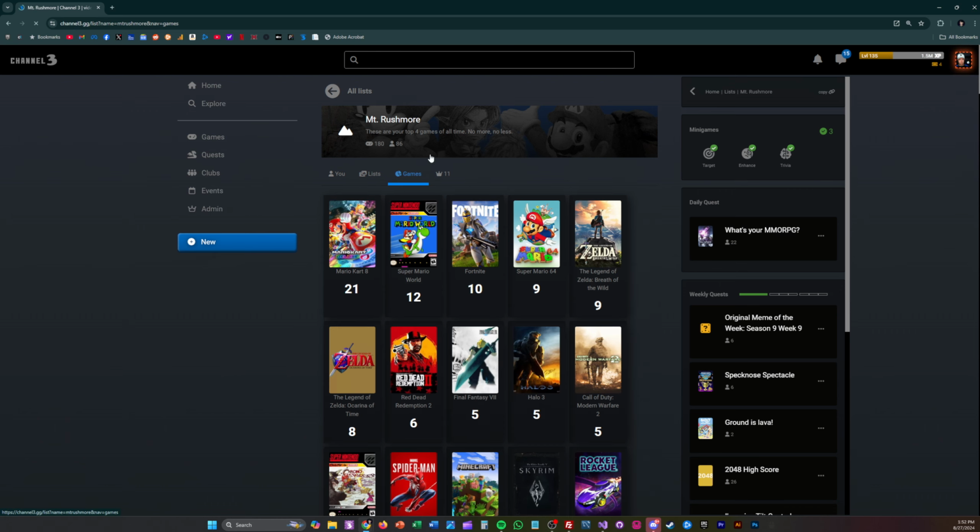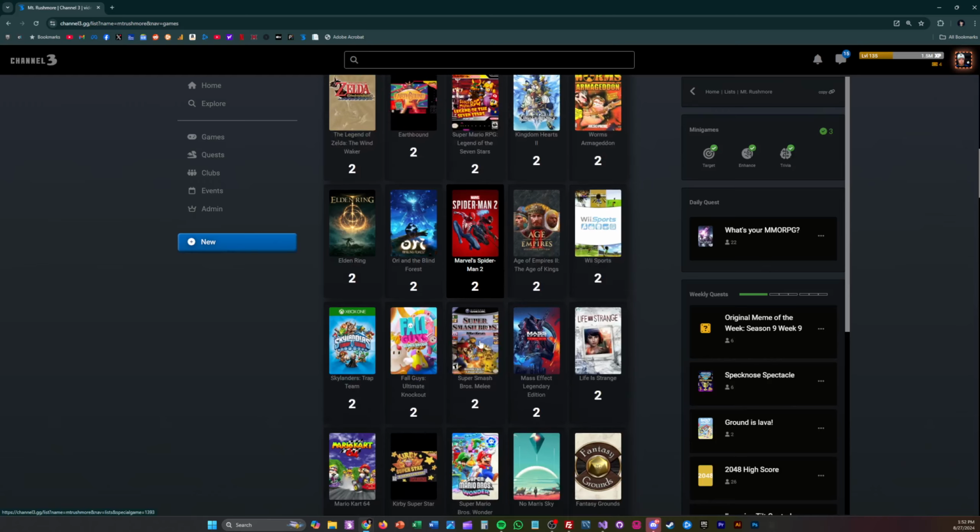You can also click games within a list, and it will show you the counts of games within that list. So before we were seeing counts of lists for a particular game, this shows number of times each of these games appears on this list. And you can kind of scroll through here, and you can be like,